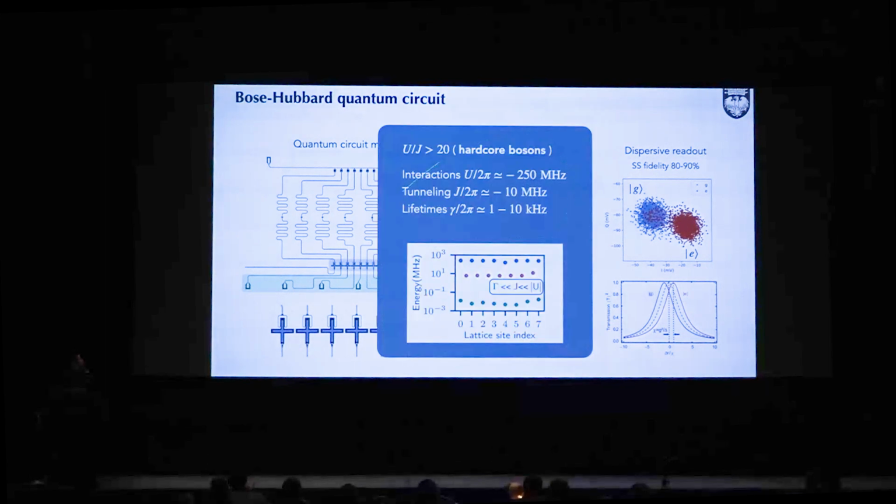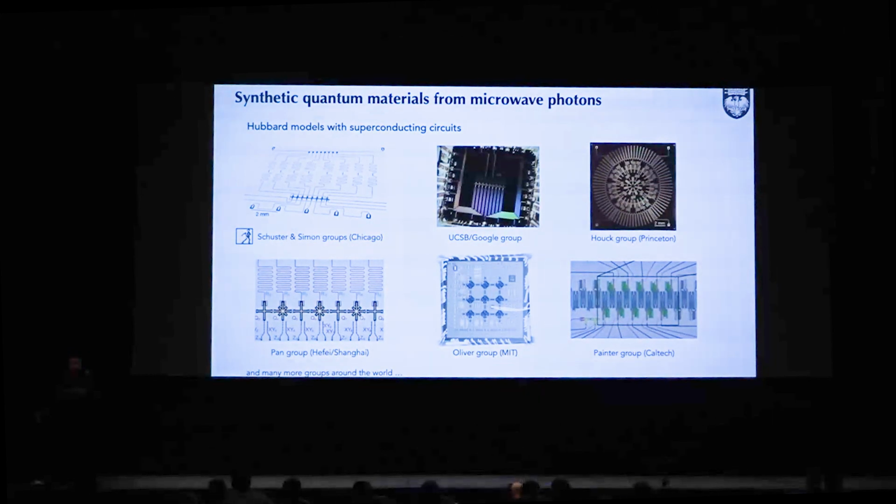Okay, and to briefly show you what the parameters in our circuit are, our tunneling times are around 3 orders of magnitude larger than our lifetime, so we can have quantum coherent evolution, and our interaction strengths are about another order of magnitude stronger, so this is how we have hardcore bosons confined in one dimension. This is a growing field where many research groups are building Hubbard models from circuits,